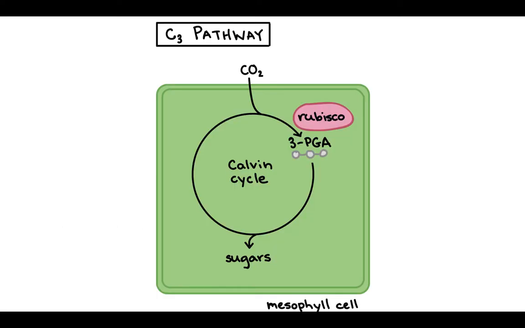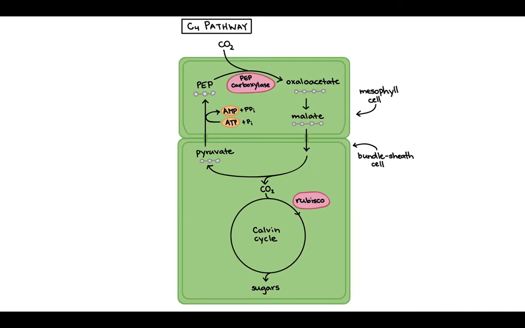We've talked about the Calvin cycle in our basic C3 pathway, where 3 carbon dioxide molecules come in, the rubisco binds those together, and then the Calvin cycle turns those into sugars. This occurs in what are called mesophyll cells. So these are like the outer cells of the leaf. So mesophyll means at the exterior, the boundary between the leaf and its environment. In a C4 pathway, the mesophyll cell doesn't participate in the Calvin cycle. You see over on the right-hand side, the mesophyll cell is that narrower, thinner cell that is absorbing carbon dioxide